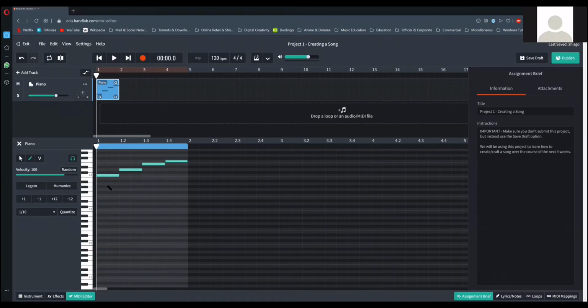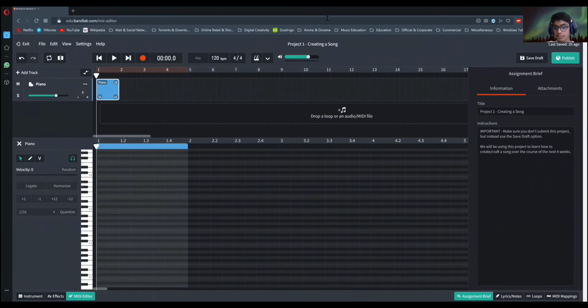So if you look at the grid, there is a line here. So actually you have 1, 2, 3, 4, 5, 6, 7, 8 different tiny boxes over here. Okay. But for today, we are only going to use quarters. That is 2 boxes equals 1 beat. Okay. I'm going to show that again to you. This is box number 1. This is box number 2. Both of these equal 1 beat. I'm going to delete this once again. I'm going to go to select note and take it out. Fine.